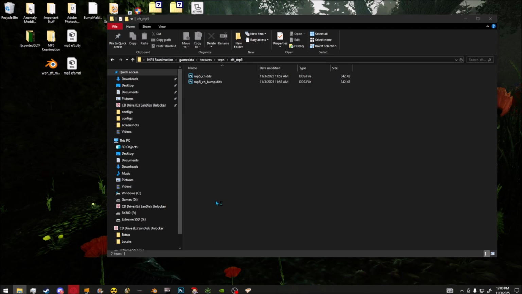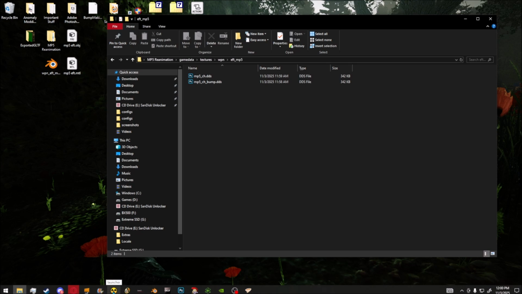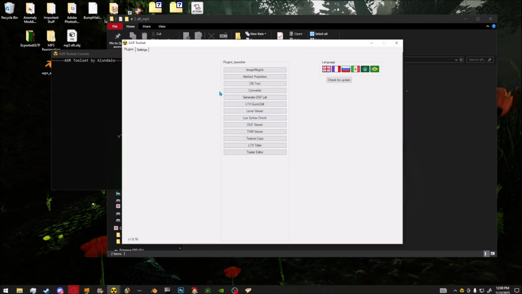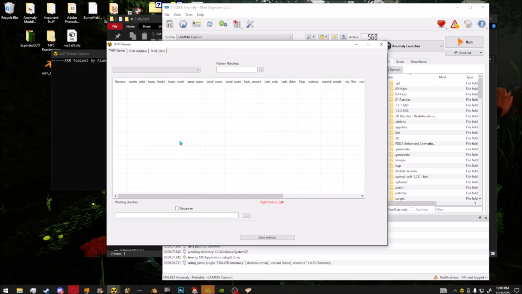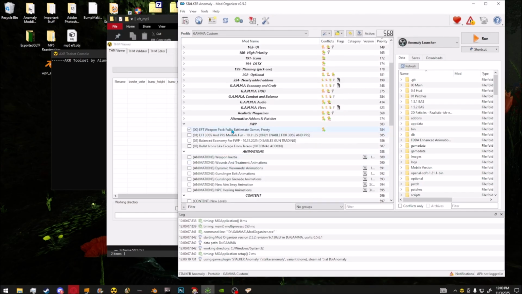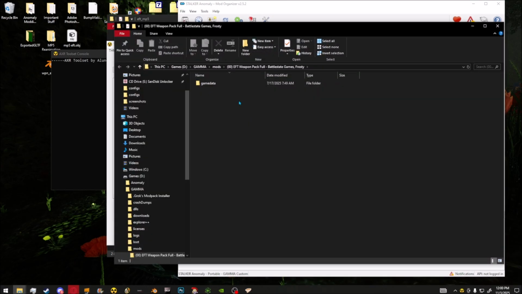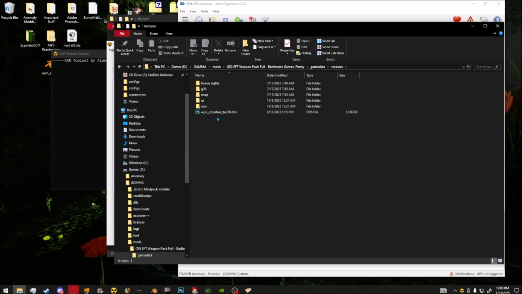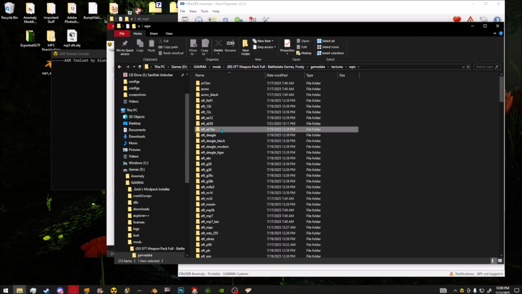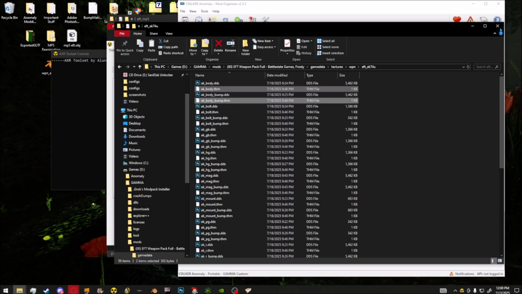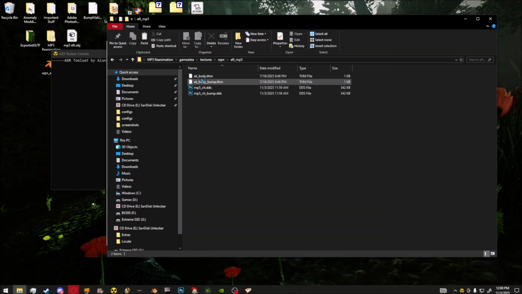What we need next is THMs. And to open THM, we will need the X-ray toolset. Going to THM viewer. And from here, I'm just going to grab a THM that I prefer to use. I always use one in my guns. So let's say I'm just going to copy this in the bump. We're going to name this to MP5CH and